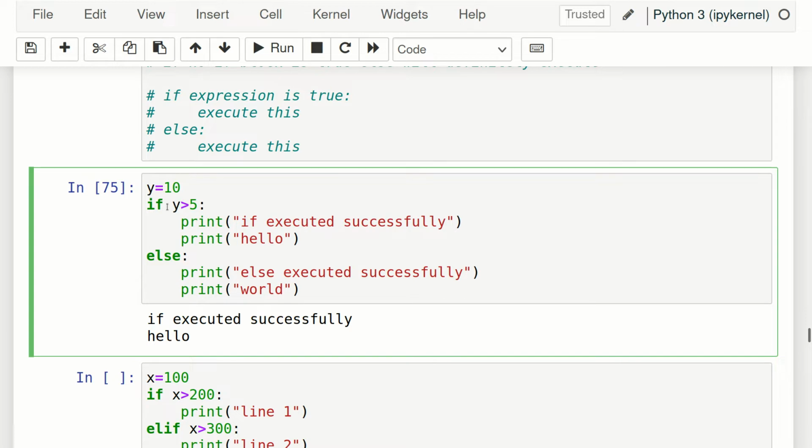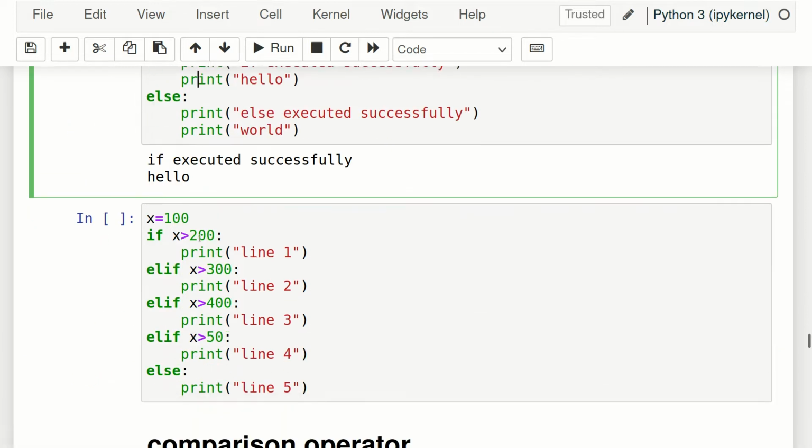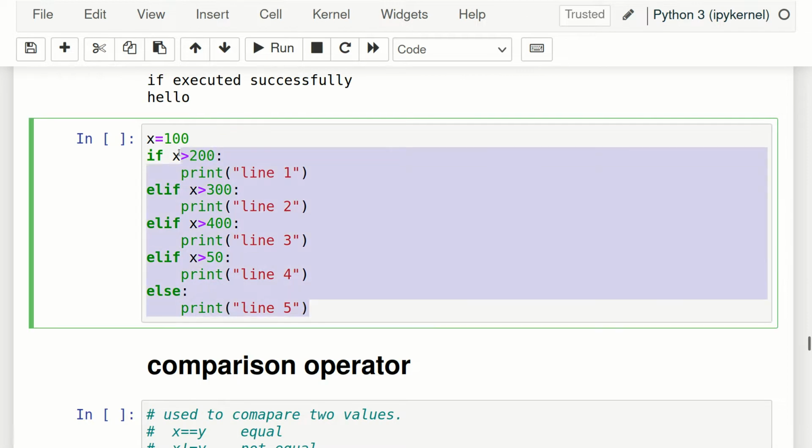Now what if I want more than one if block? Suppose we have a grading system, 1 to 100 marks, and I am saying that if someone is getting more than 90, then give A grade. If it is more than 80, less than 90, give B grade. So we want more ifs, because a single if is not efficient. For that, this is the code. Now there are more ifs. This is the first if, this is else if, but in Python it is written as elif. This is also elif, and at last we give a single else.